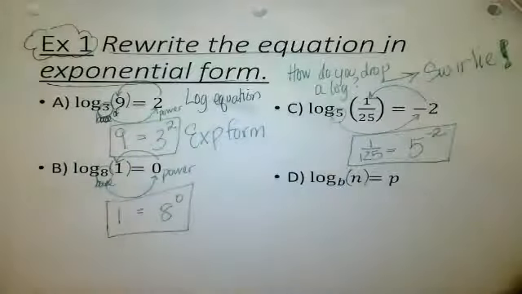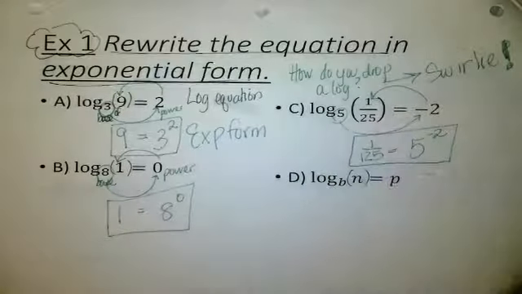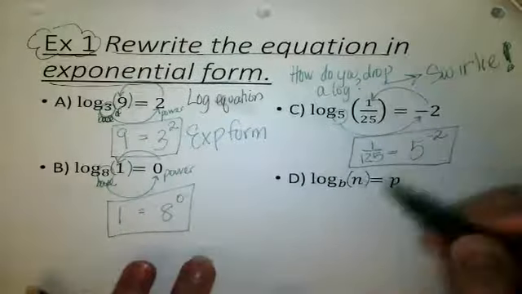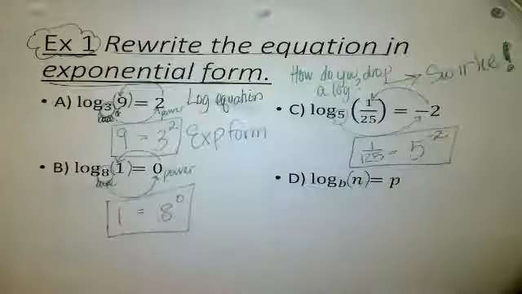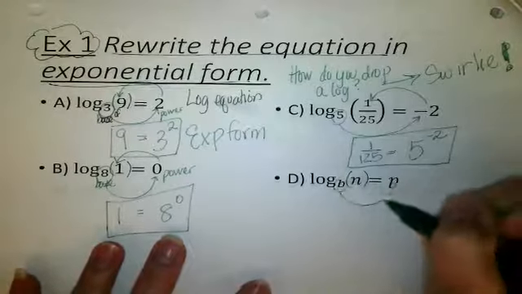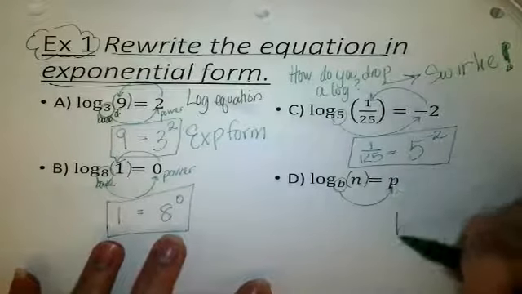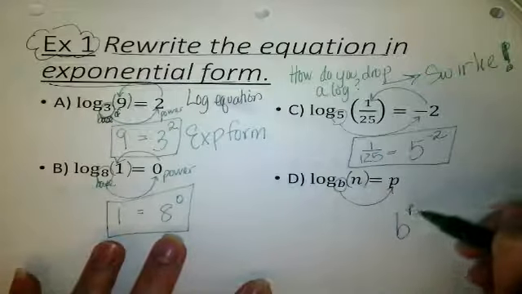Last one. How do you drop a log? Give it a swirly. I should hear more choral response for this. Swirly. Okay, thank you. How do you drop a log? Swirl. Better. We're about 30%. Okay. We start with the base. We circle around and pick up our power. B to the power of P. Make sure when you pick up your power